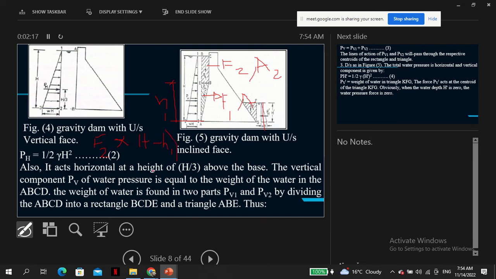So the distance there, the centroid, is you divide that length by 2, of course, plus h1, because the reference is at the bottom there. All this has to be multiplied by that, plus F1 times 2/3 of h1. All this should be the same as F1 plus F2